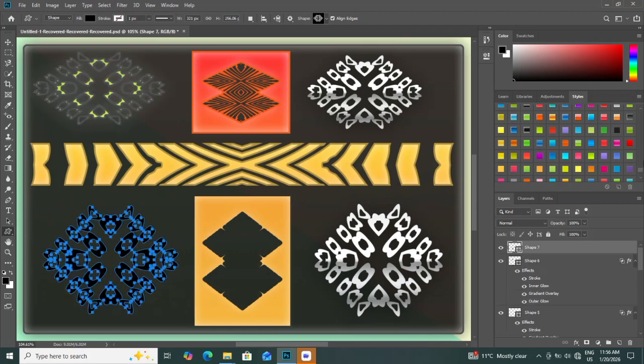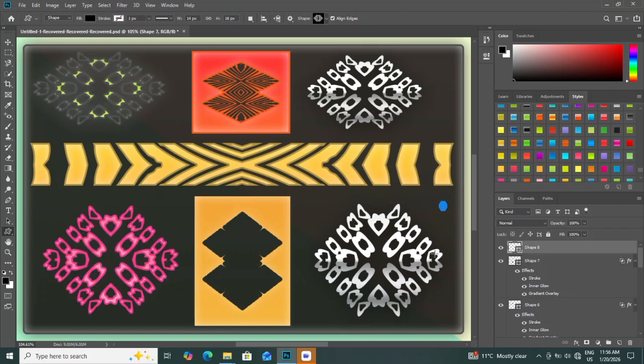I add a light vignette. I mask the background gently. I zoom out and